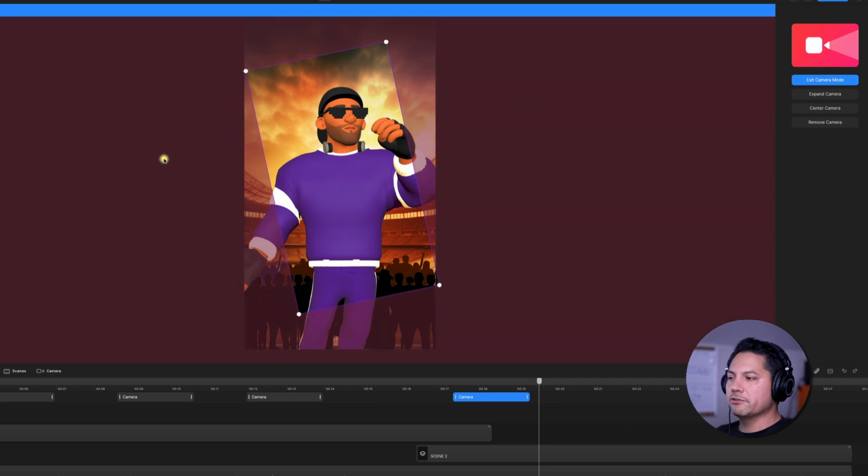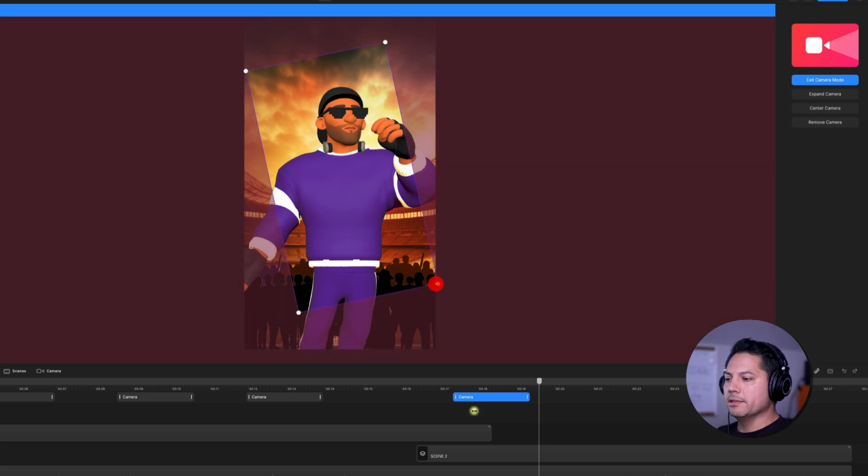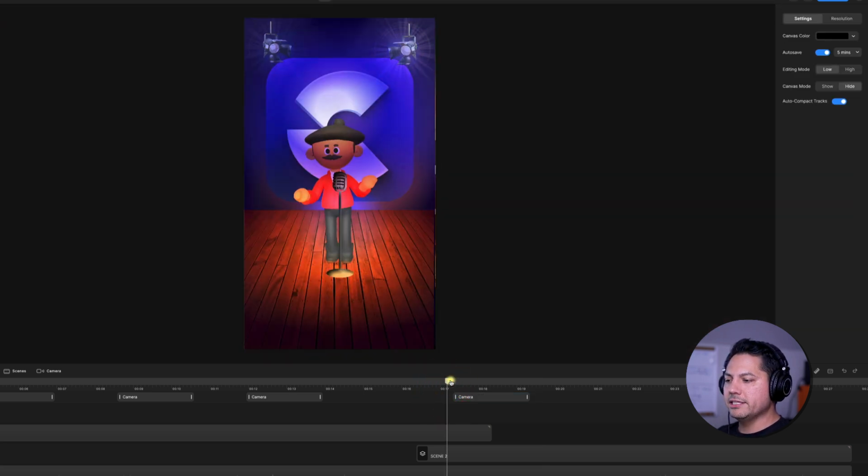And when you see the red, it just means that it's out of the boundary of the frame there, but that's okay because it's not going to affect it too much. If we want to fix it, we can just pull it back in the frame. But let's go ahead and start there. So now you can see